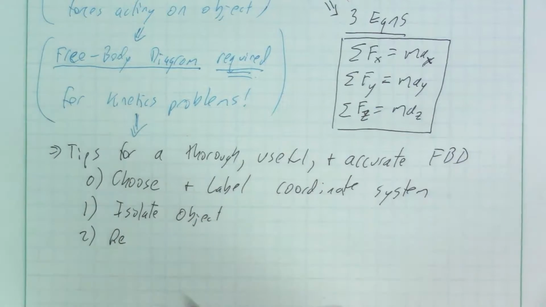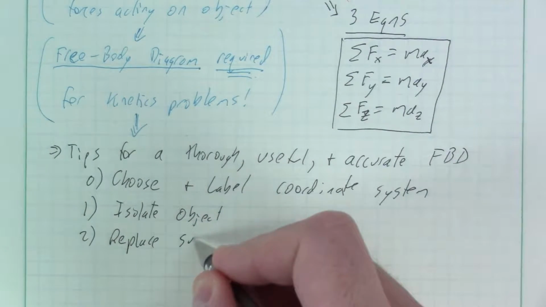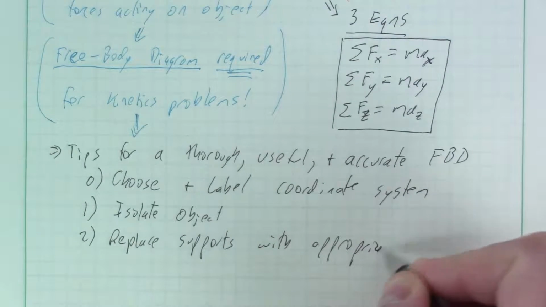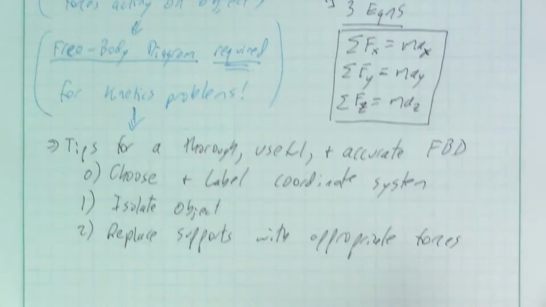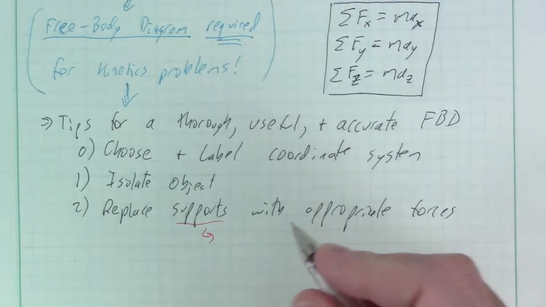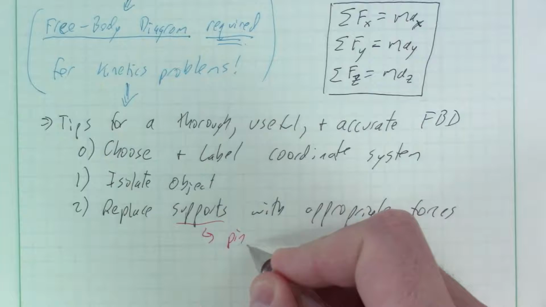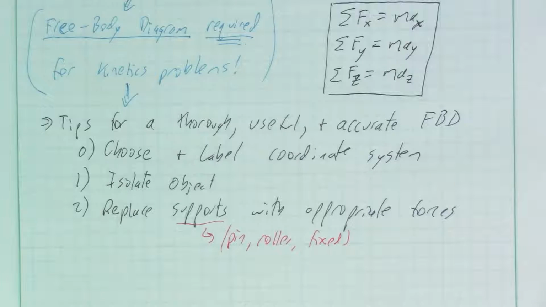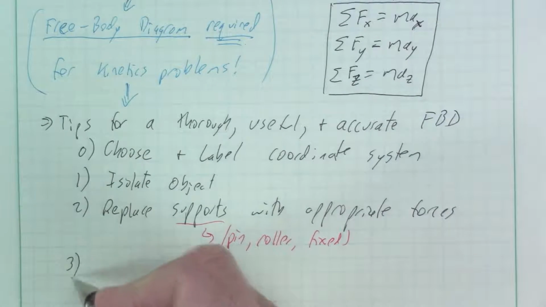Step 2, replace the supports with appropriate forces, whether known or not. Usually they're not known for supports. Okay, and so supports, right, these are pins, a roller, maybe it's fixed. A roller has a force in one direction, a pin has forces in all directions, and a fixed support has forces and a moment preventing it from rotating as well, whereas pins and rollers can rotate. Okay, 3,